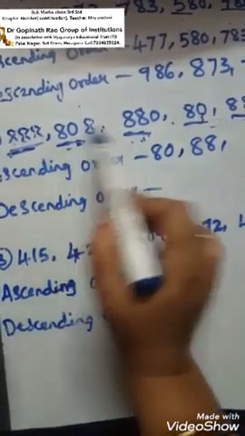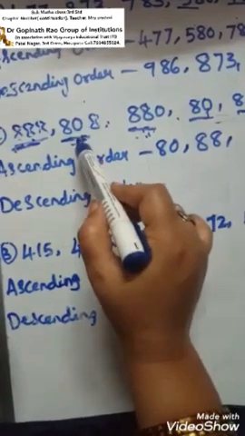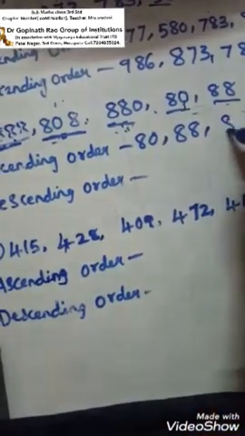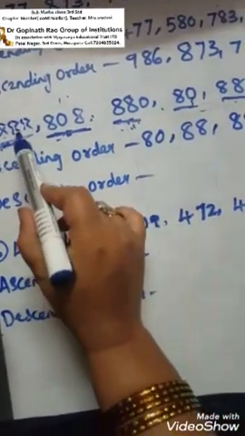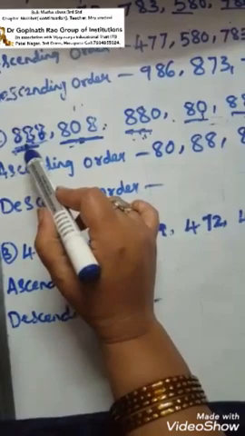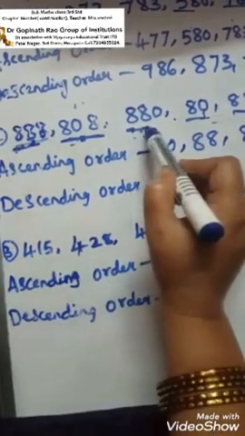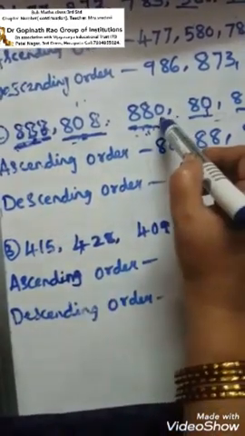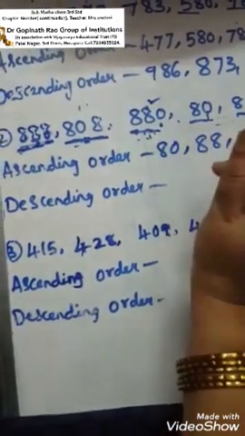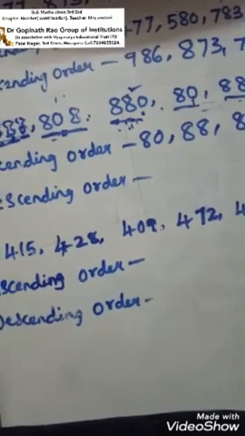See, 3 digit numbers, it is 888, 808 and 880. So first smallest number, compare in this. So 0 is the smallest number. So first we will write 808. So second, see 888. Here it is 880. See, 888 and 880, both your hundreds and tens place are same. So now we will move to the units place. So units place, it is 0 here and it is 8 here. So which is the smaller number? So 0 is the smaller number. So write down here 880. Then last number is 888.